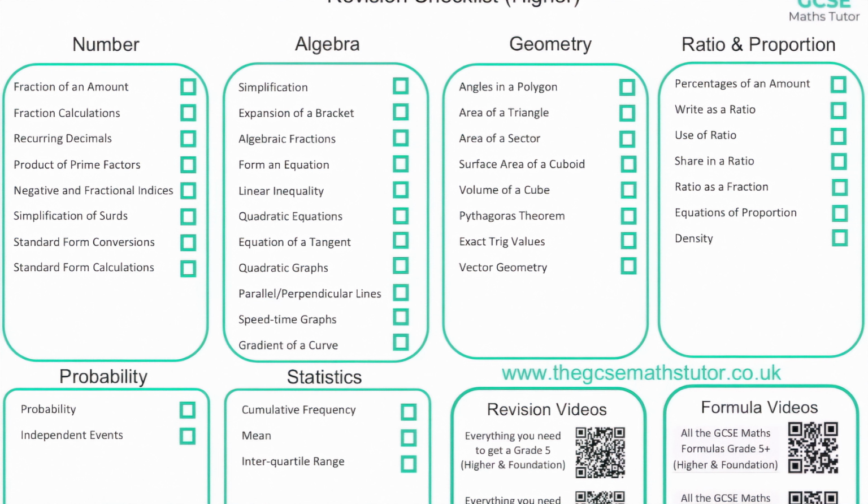Okay, welcome to this video where we are having a look through the topics that have appeared on the advanced information that the exam board has released for the 2022 Maths GCSE. We're going to be looking at higher paper 1 in this, and as you can see on the screen, I've done a list here, or a checklist, for all of the topics that are on the advanced information for that